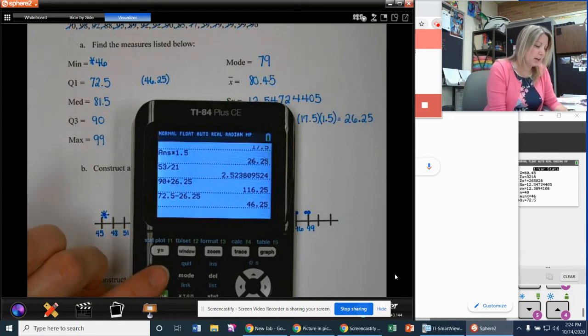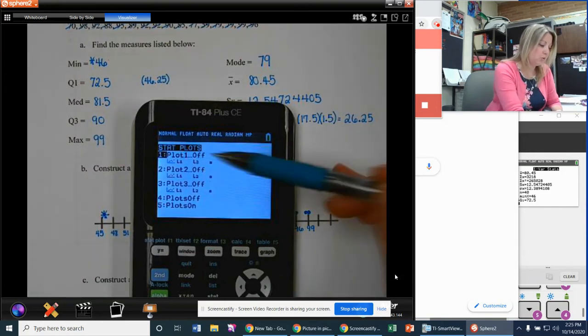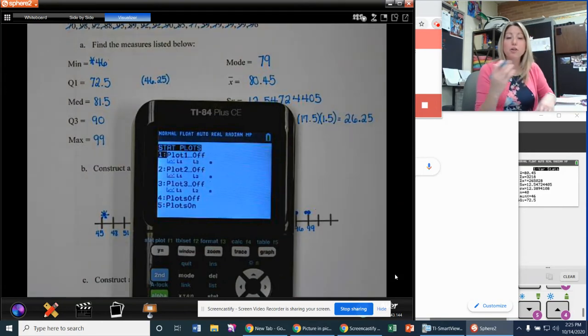If you press second and y equals, you get to stat plots, okay? And what we're going to do is we're going to